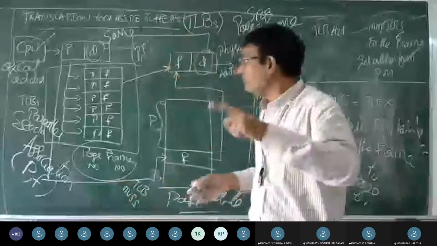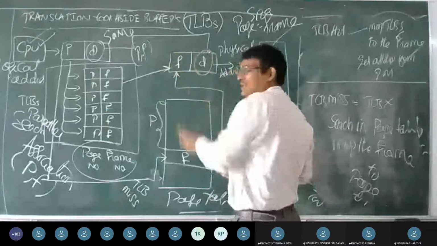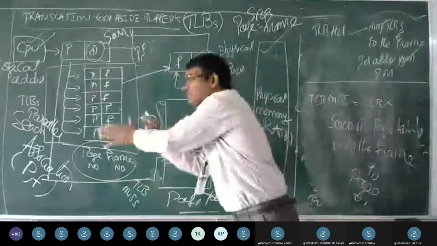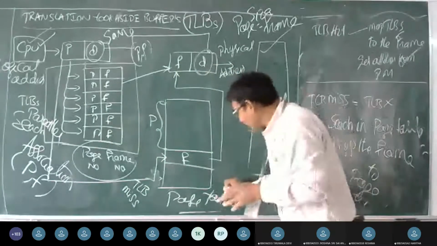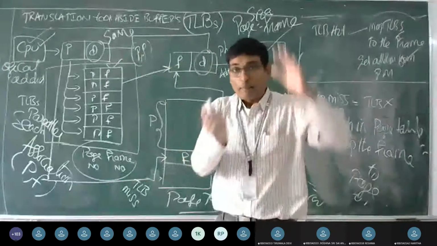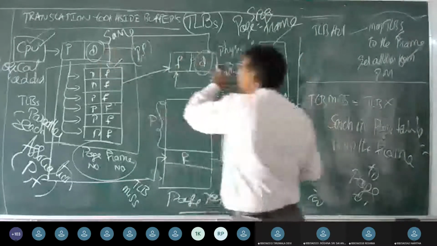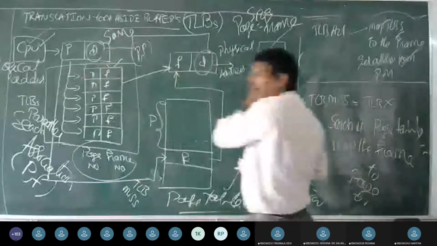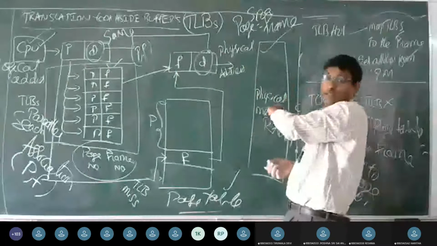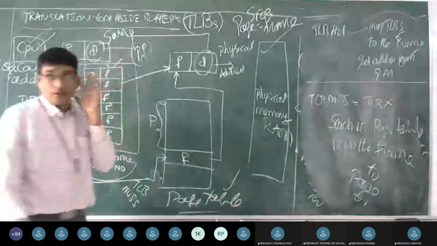So it doesn't matter whether you are going to have a physical address or a virtual address, whatever it is. Of course, conversion from logical address space to physical address space happens with the help of a page table and translation lookaside buffers, but the size doesn't vary. That is the reason why the displacement is going to be the same either on the left hand or the right hand, either at the CPU generated addresses or the memory unit generated addresses. So displacement is going to be the same.